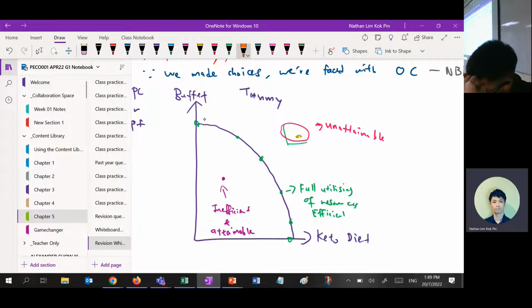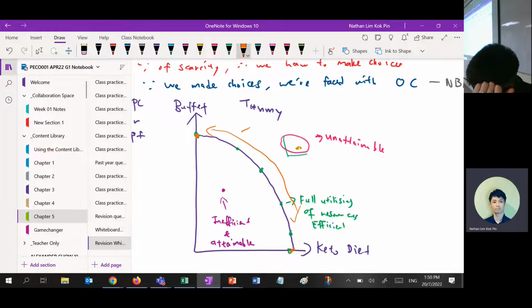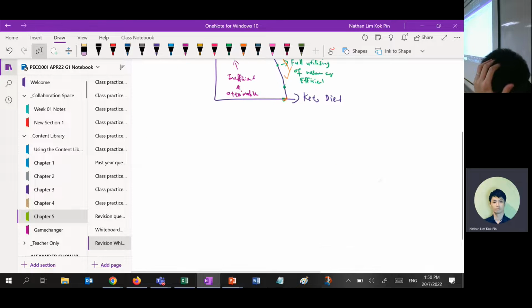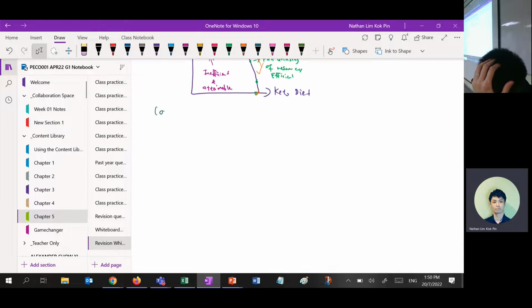Then what is the opportunity cost? Opportunity cost is where you choose to eat more buffet or more keto diet. It depends. It's a movement along the curve that is opportunity cost, right? Based on this scarcity problem, countries have to make decisions. And when they make decisions based on scarcity,